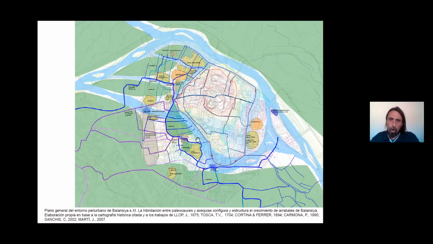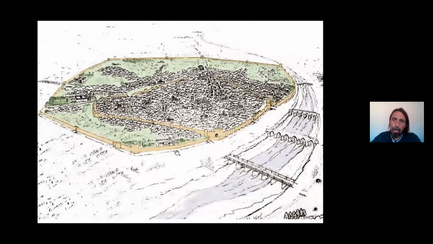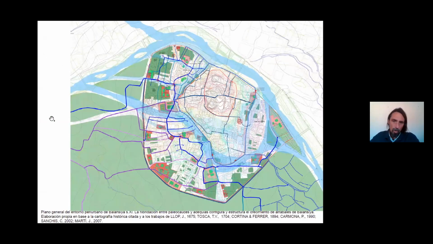And all of these irrigation channels had a very strong influence on the urban shape. And that's when the walls were built and doors had to be created so that people could get into the fields. So the story of the city tells us about the hydromorphology of the city and these different natural aspects. So I won't go into more details.